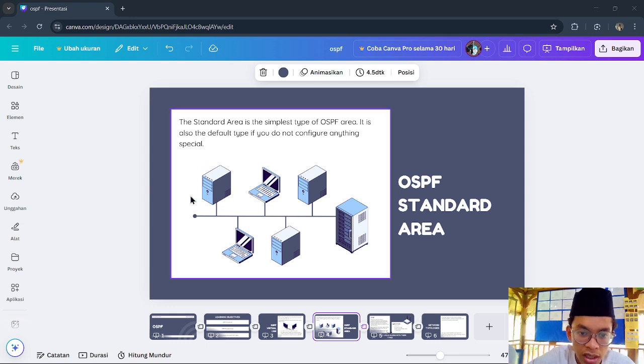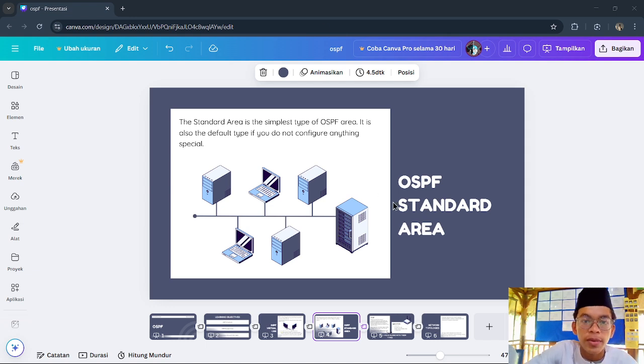For example, if one area is directly connected to the backbone and we don't configure any special setting, it is automatically considered a standard area. The standard area is very common in small to medium networks because it is simple and carries full routing knowledge.